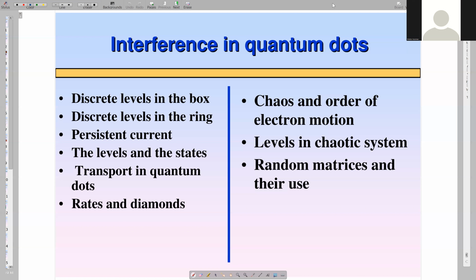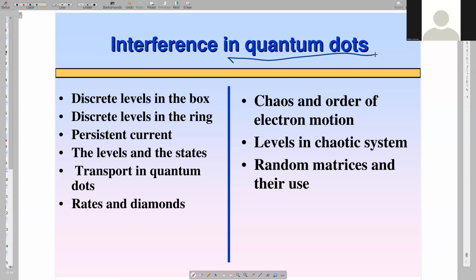So ultimately, we go to a kind of box, localized state, where we have a standing wave, which is made from two waves of the same amplitude. So that brings us to quantum dots. We will define first quantum dots. It is something which requires definition. A very practical one.